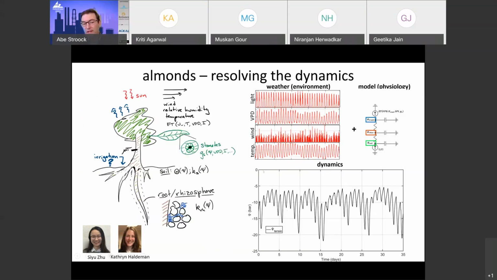To do this, we need to bring in models that are essentially transport models of the different components of the system: the complex, unsaturated porous medium of the soil, the tissue properties, and the boundary layer properties of